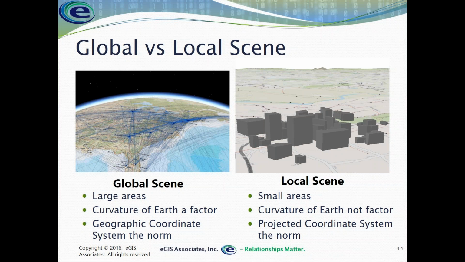We also have the local scene. This is good for small areas, city, county size areas that you're working with, where the curvature of the Earth and all that's not really going to impact what you're looking at, what you're doing. It's typically going to use a projected coordinate system like UTM or state plane coordinates, or